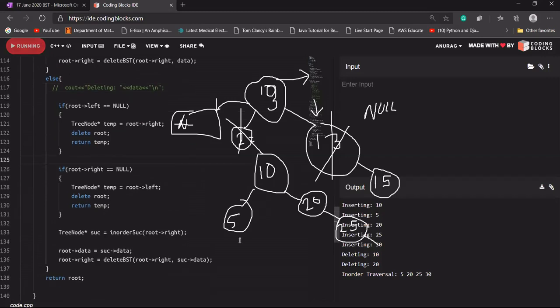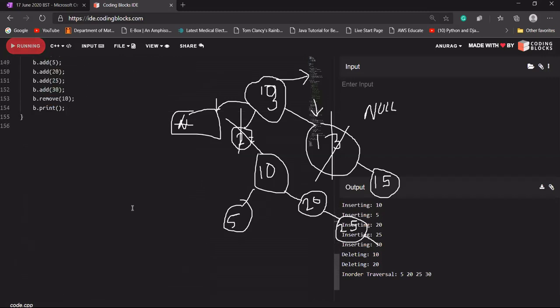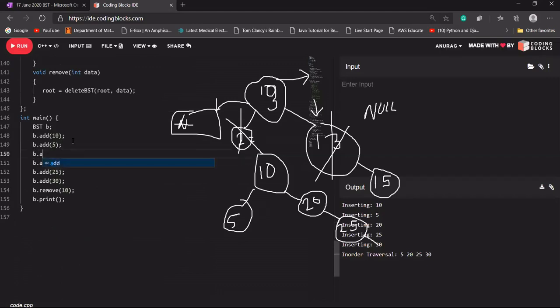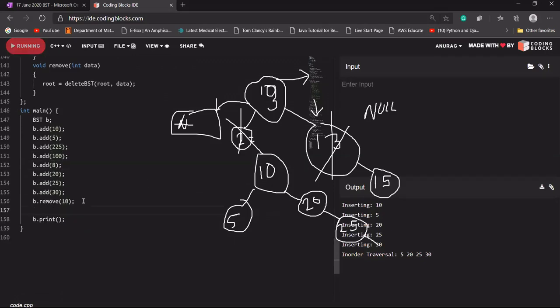Let's try to add one or two more data. Let's say we add 225, we add 100, we add 8. Let's remove one or two more data.